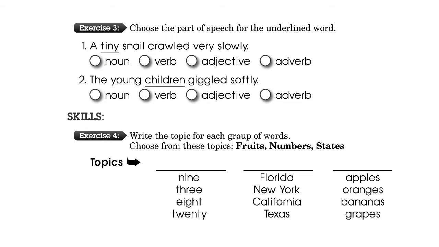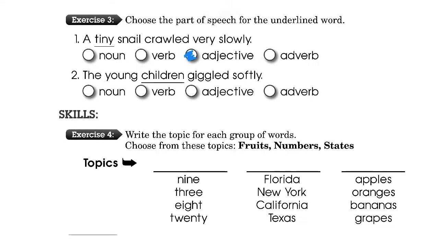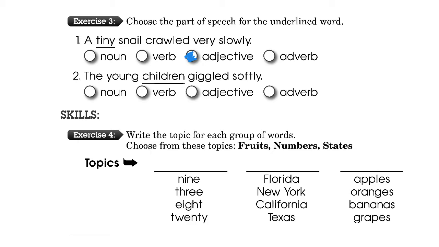All right, let's go over this next part. It says, choose the part of speech for the underlined word. A tiny snail crawled very slowly. Tiny. Noun, verb, adjective, or adverb. Think about it. Get ready. Yes, adjective. Alrighty. And if you didn't know what it was, you can easily go through your question and answer flow to